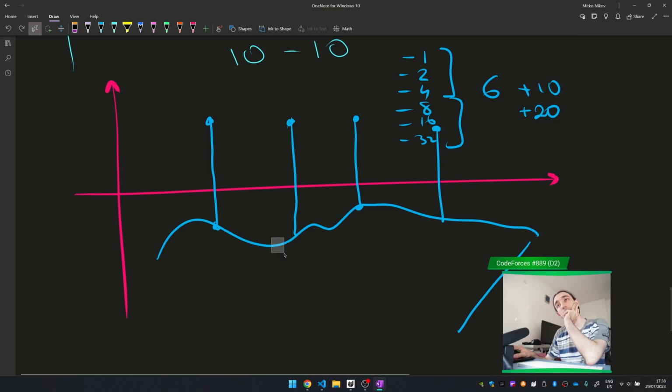So take the biggest element, the biggest absolute element, and this biggest absolute element,